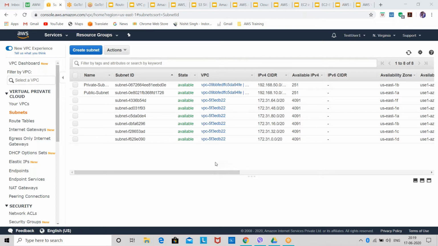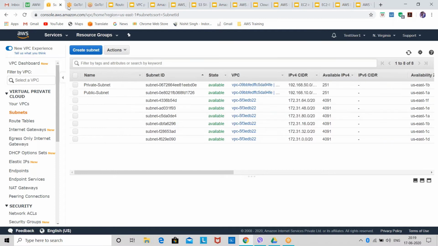Like you cannot give the public access to any database, right? So what you do is you configure database in your private instance. So we'll go over these things when I'll show you how you guys can launch instances in this subnet. Okay. So what we have done is we have created one public subnet and one private subnet.